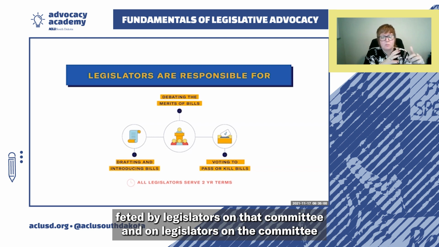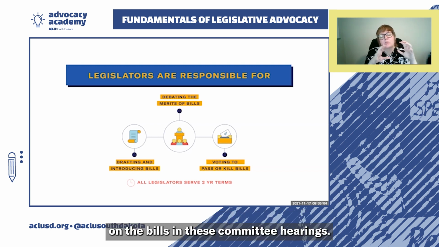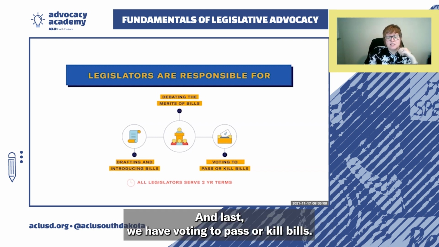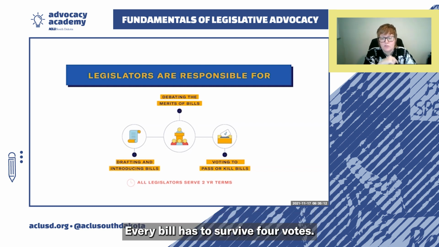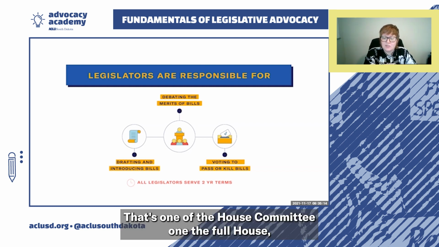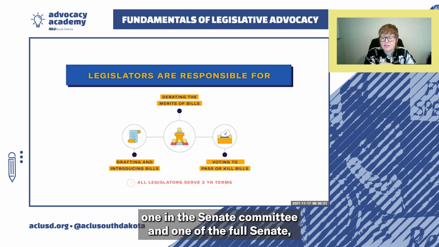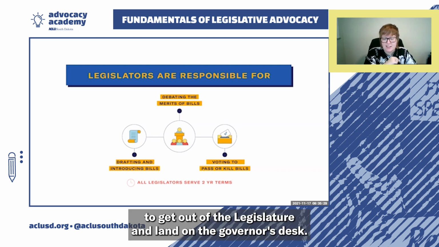And then legislators on the committee can introduce and vote on amendments or changes on the bills in these committee hearings. And last, we have voting to pass or kill bills. Every bill has to survive 4 votes. That's 1 in the House committee, 1 in the full House, meaning all 70 representatives, one in the Senate committee, and one in the full Senate, meaning all 35 senators. So it has to survive all 4 of those to get out of the legislature and land on the